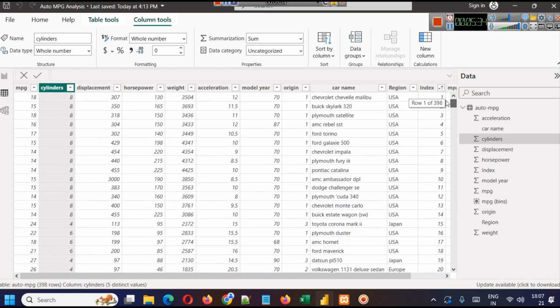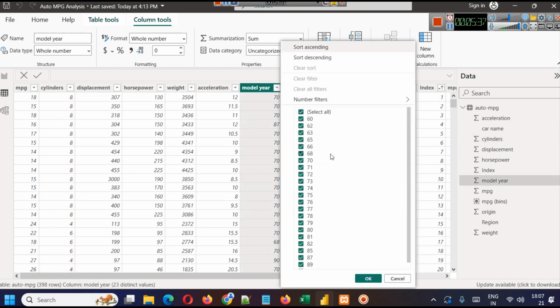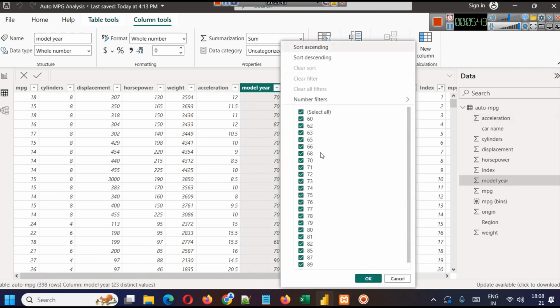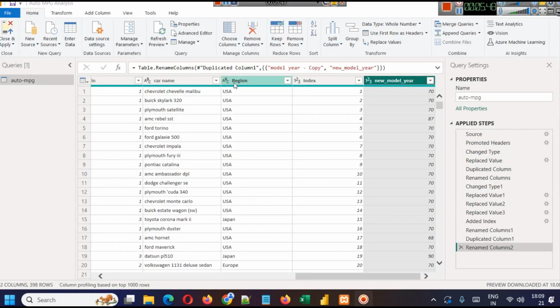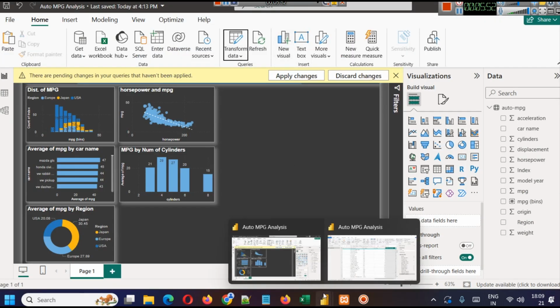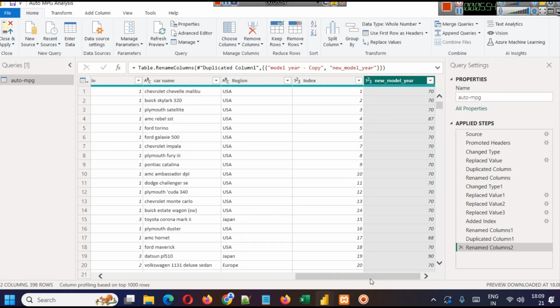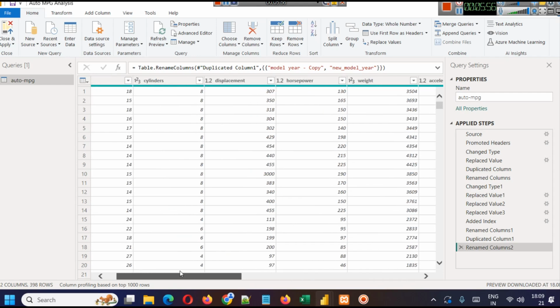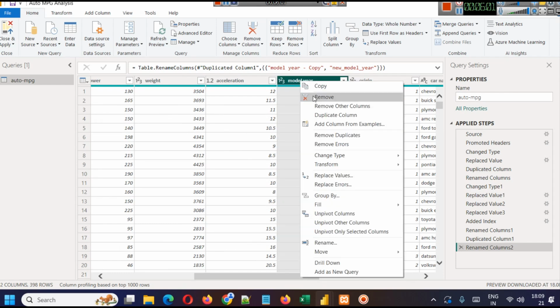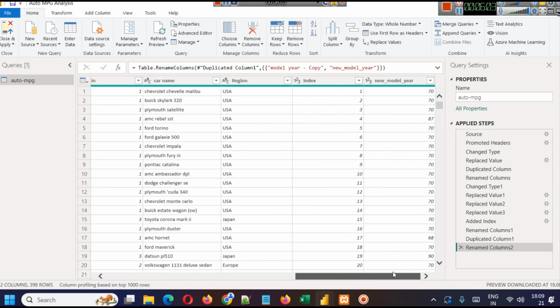So we can see the data is from old cars, that is from 60 to 90. Yeah, 60 to 90. So again, by going into the transform tab, we came here and we just copied the model year. We duplicated the column, and after duplicating we saved this as new model